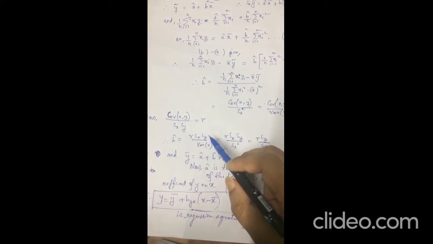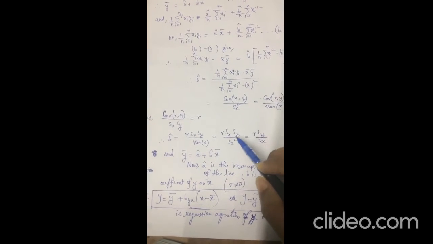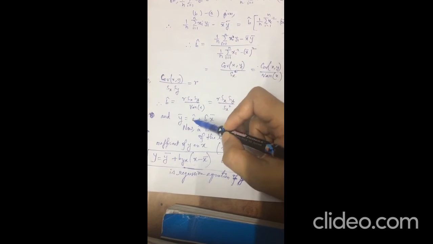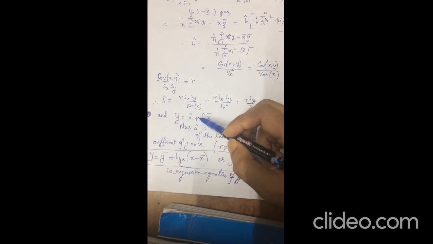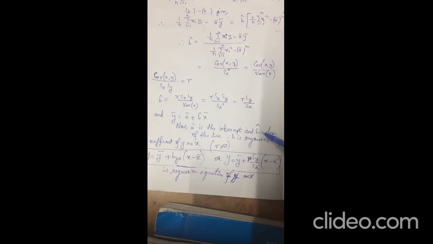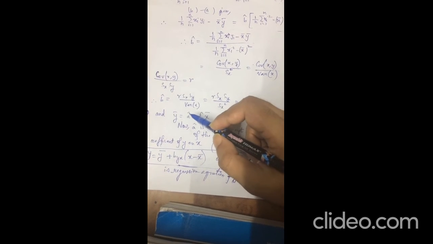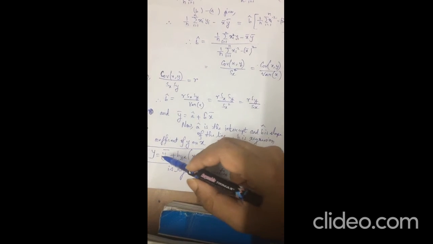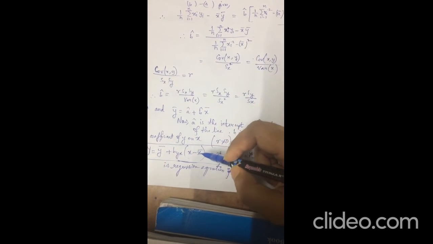Now b cap will be, on substituting, r sx sy divided by variance of x. So this will give me r sy by sx. Y bar equal to a cap plus b cap x bar. If you recall, this is like the straight line equation, y equal to mx plus c. Here b cap is just like the m, or the slope. So b cap is the slope of the line, also known as the regression coefficient of y on x. And a cap is just like the c of y equal to mx plus c; it's the intercept. So the regression equation of y on x will be y equal to y bar plus byx multiplied by x minus x bar.